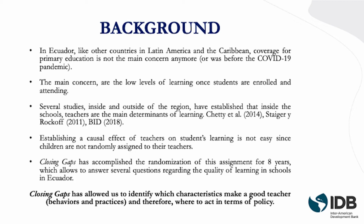Several studies by that time had already advised everybody and had convinced us, it was good evidence that the most important element for outcomes in schools was teachers. So we wanted to know what about these teachers was actually important here. The thing is that it was not an easy task, since we had to establish a causal effect. And the problem here is that randomizing children to their teachers is tricky, not only for the parents, but for schools, for the principals, and even for the Ministry of Education. So it was a hard task, but we